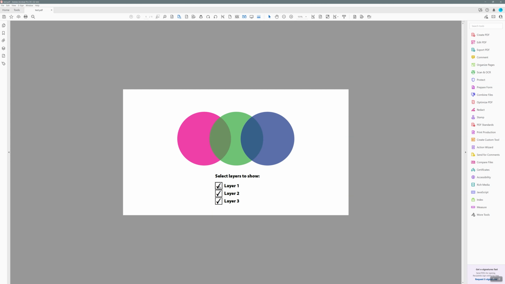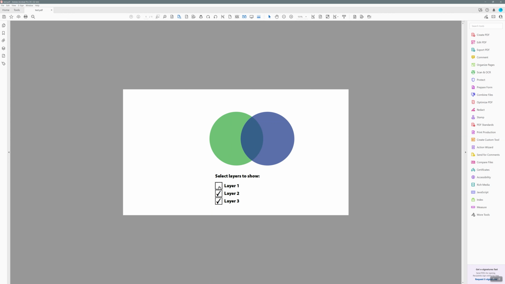So that's how you can create checkboxes that control layers in InDesign that carry through to Acrobat. And obviously, instead of having circles, I know that some people creating forms want questions to appear depending on whether something is selected. They want a specific question to appear, and if not, then it shouldn't appear.